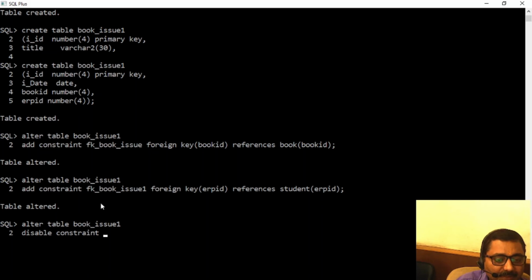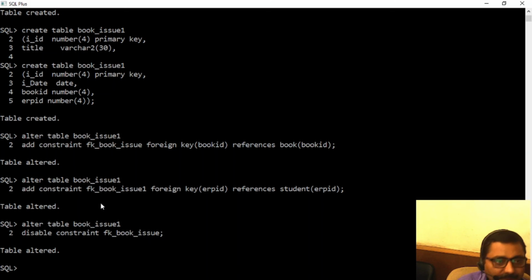Very simple. The constraint name was fk_book, sorry, fk_book_issue. This was the first foreign key.